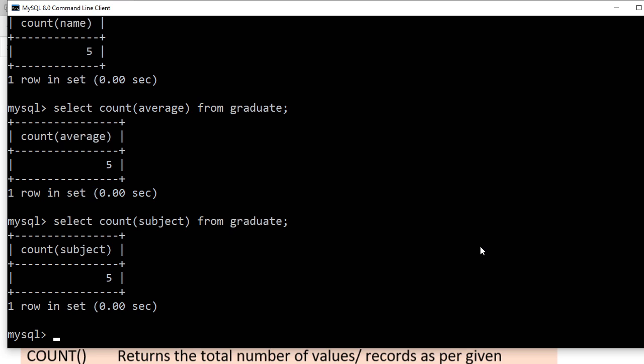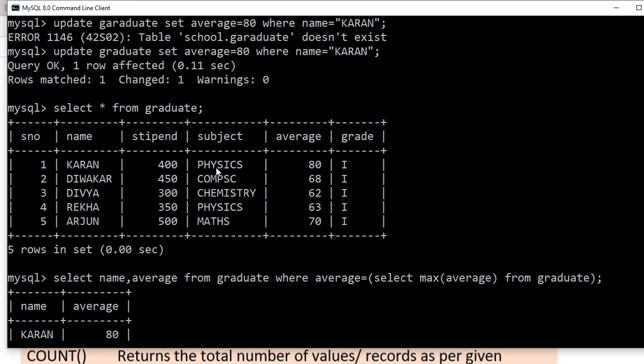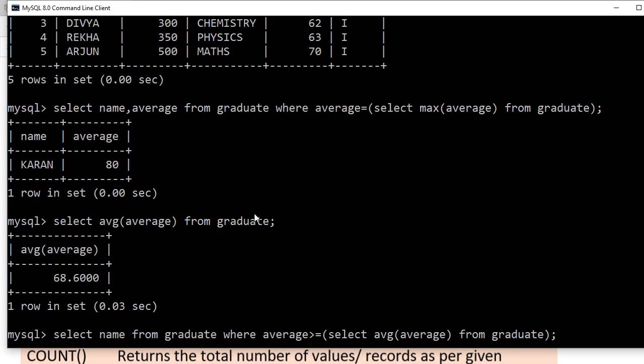Okay, let's see. Now we want to count the total number of students who have taken physics. Any two are there, your physics is 2. So I want to print the total number of students who have taken physics. What am I going to write?